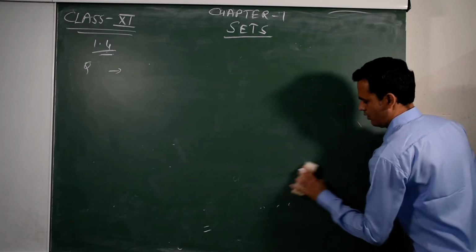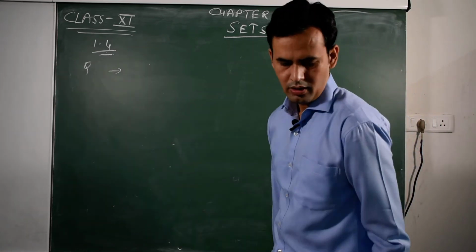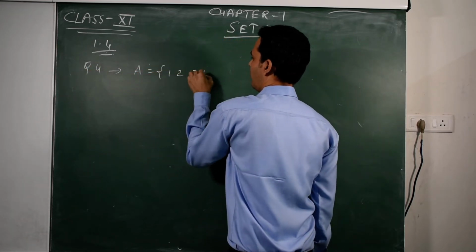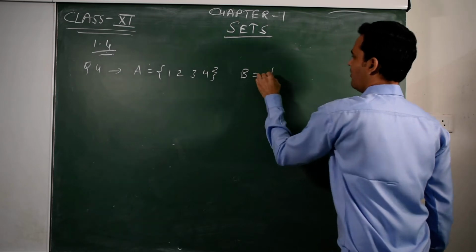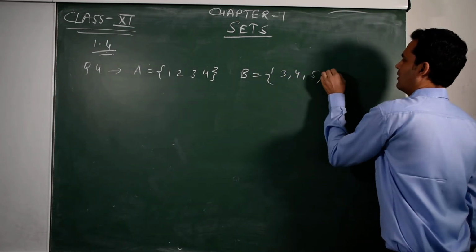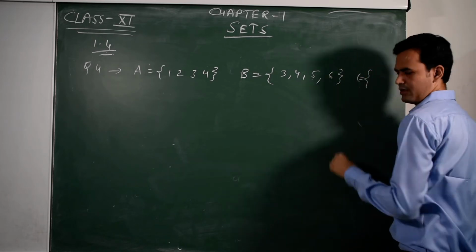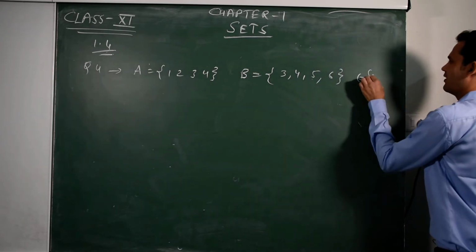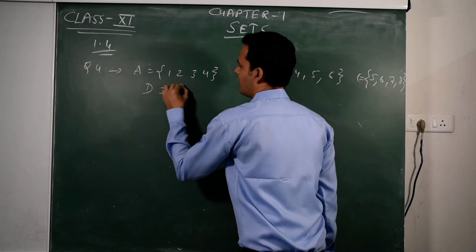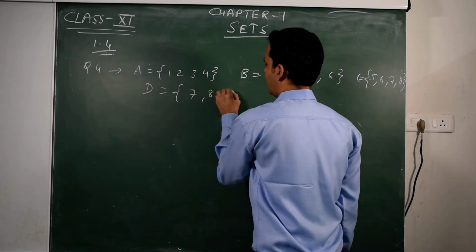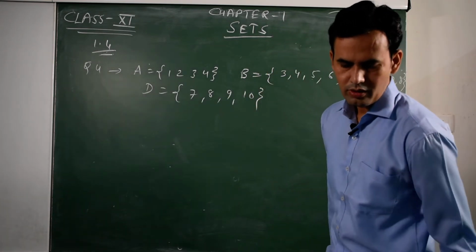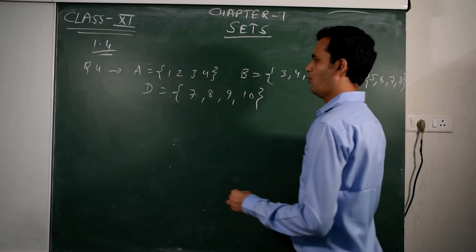Question number 4. A is given as 1, 2, 3, 4. B is given as 3, 4, 5, 6. C is given as 5, 6, 7, 8. And D is given as 7, 8, 9, 10. Okay, there are 4 sets given and we have to find